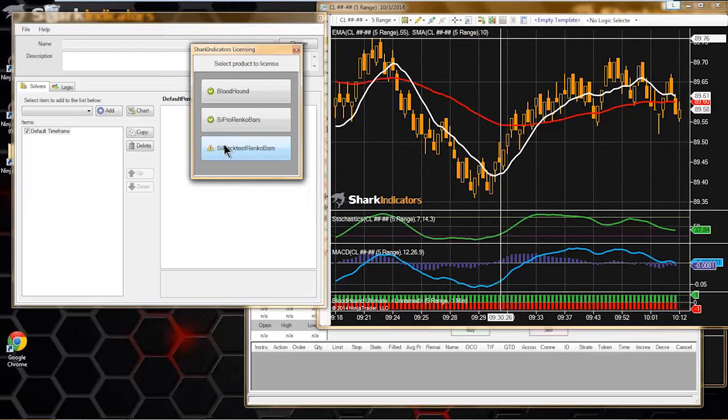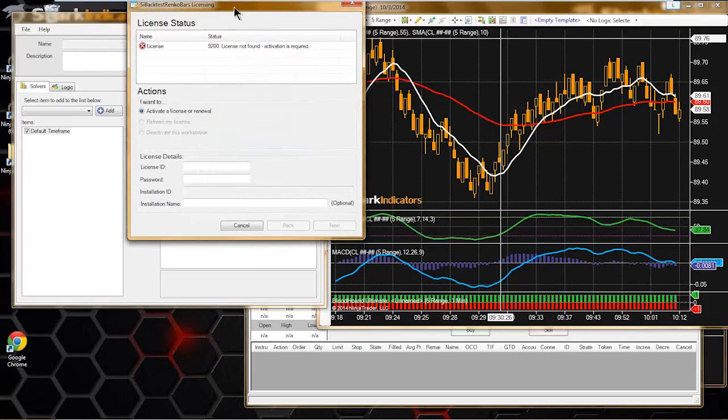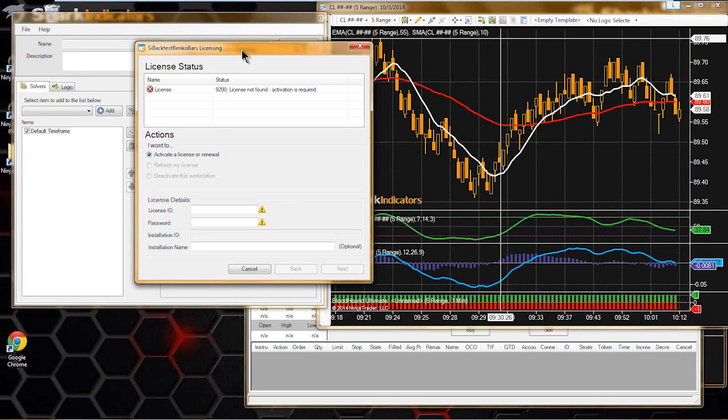So to license something, I'm going to click on my backtest Rancos, right? And you'll see, you guys probably all remember seeing this licensing window. So I'm just going to plug in that temporary license and the password. And this installation name is optional, but it's kind of helpful for us if you ever have any licensing